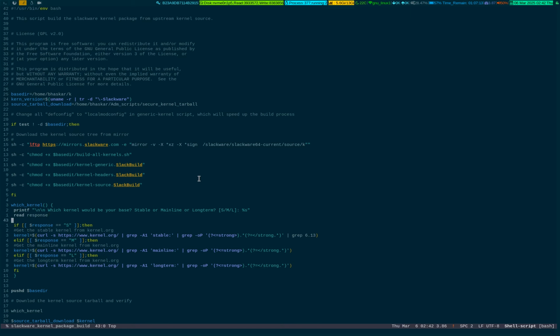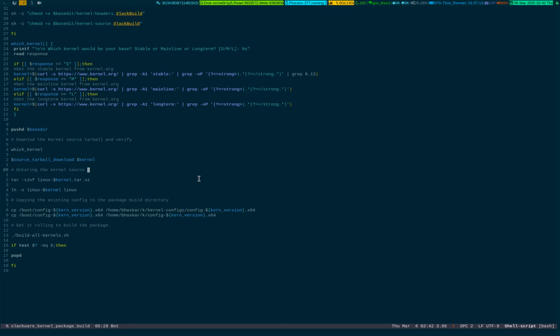And here is a little function, ordinary stuff, just to prompt for the specific kernel, whether it's mainline, stable, or long term, depending on what you want to build the package for. Then you get into that particular directory, choose your kernel from that prompt, then you enter the tarball you got from the previous step, and then you link it